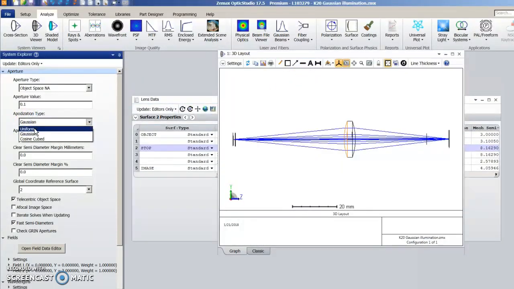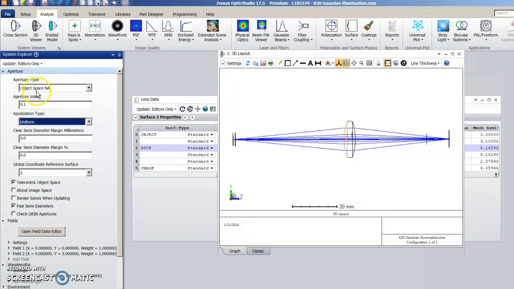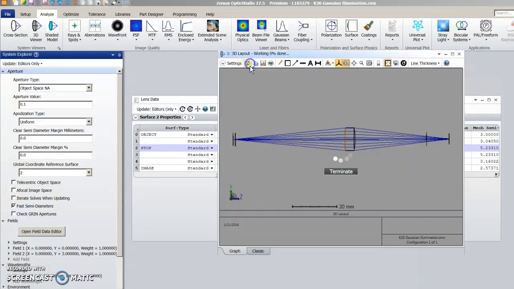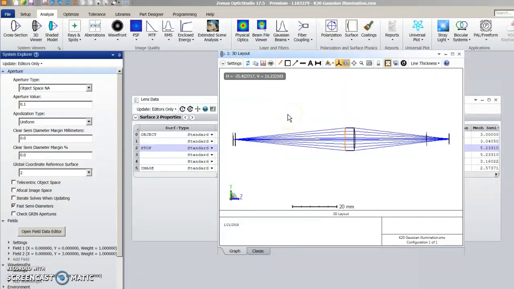So I start with uniform apodization. This is probably the default if you bring in a new lens. I've changed the object space NA to a value of 0.1, and in particular you can't use entrance pupil diameter. We're going to have the telecentric off usually when you first start up, so that's the sort of lens you